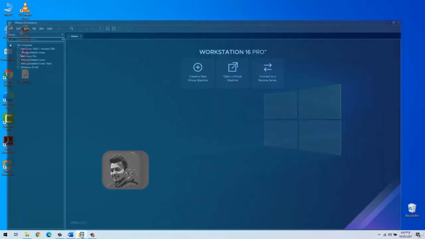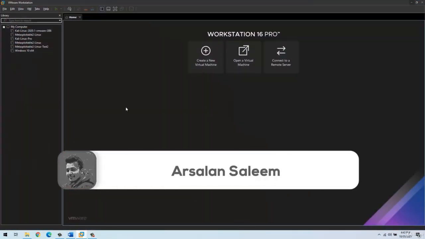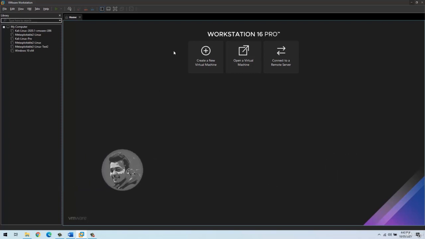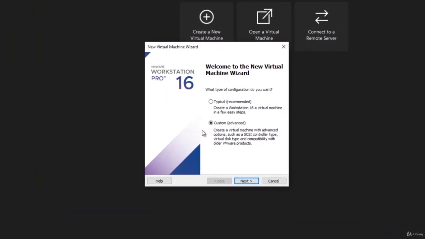So let me start VMware, and I'm just going to show you this process in VMware, but you can create the same machine using VirtualBox as well. The process is very similar, so you just have to use VirtualBox rather than VMware. It's up to you, it's your choice. I'm using VMware, so let me create a new virtual machine,